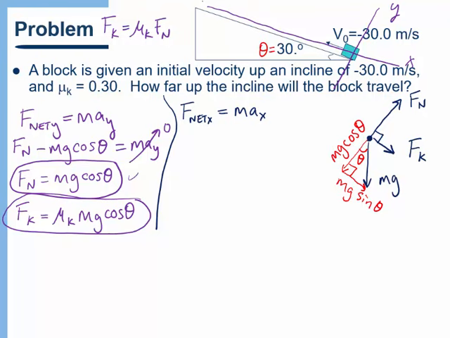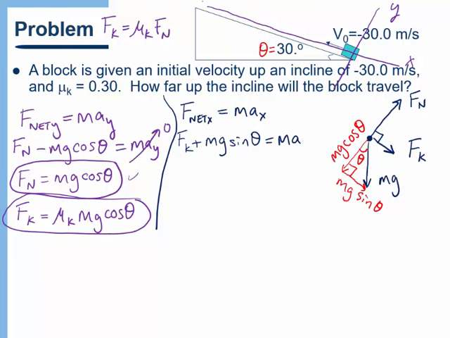Notice that both Fk, the force of friction, and this component of gravity are both in the direction along the incline, and that therefore they're both positive. They're both in the positive direction. So I get Fk plus mg sine theta